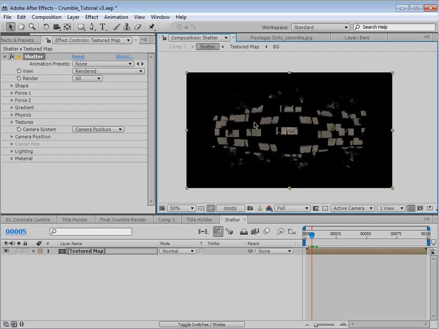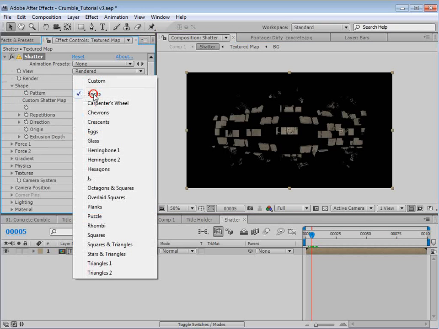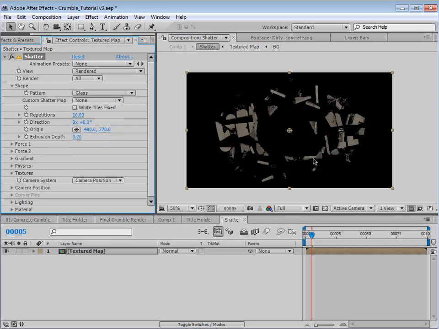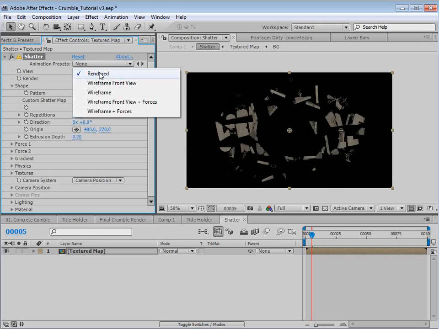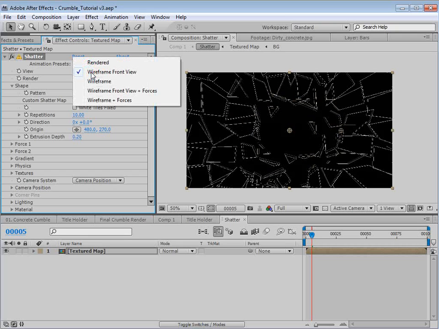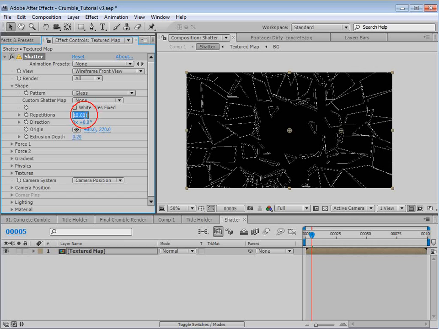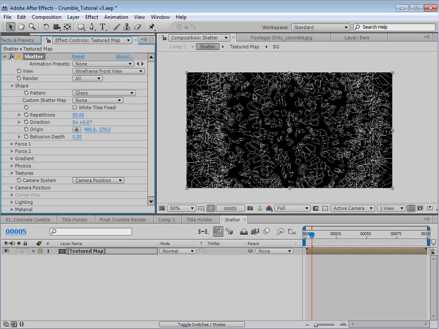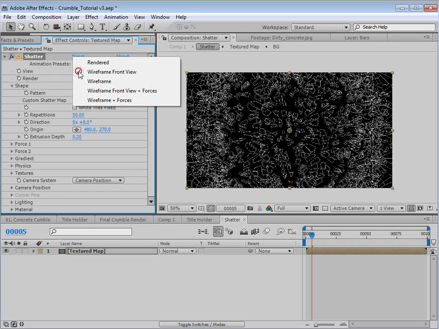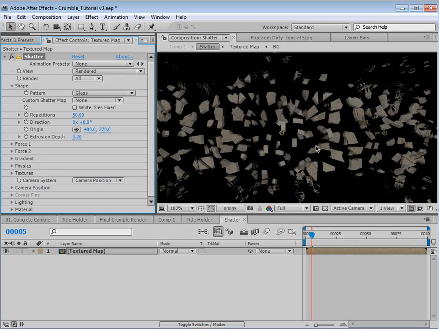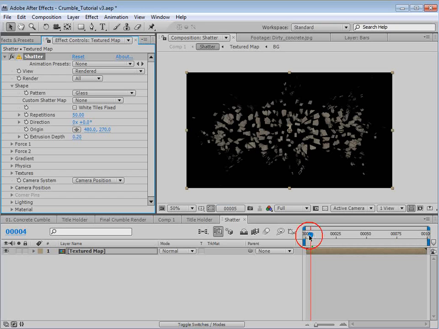Now, I want to change a few of the settings. So we'll go into the shape here, and I want to set it to glass. And this just makes some randomly shaped pieces, which are kind of good for what we're working on. So we'll set the repetitions up to maybe 50. And this just makes more in smaller pieces. So just a little bit more ideal for what we're doing. Now, if I scrub through,